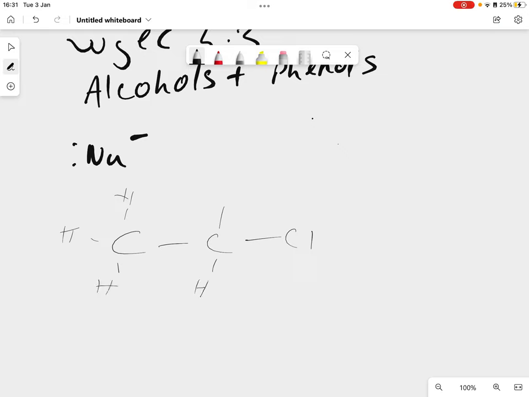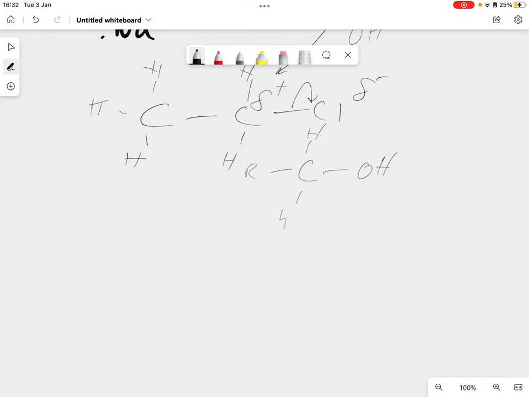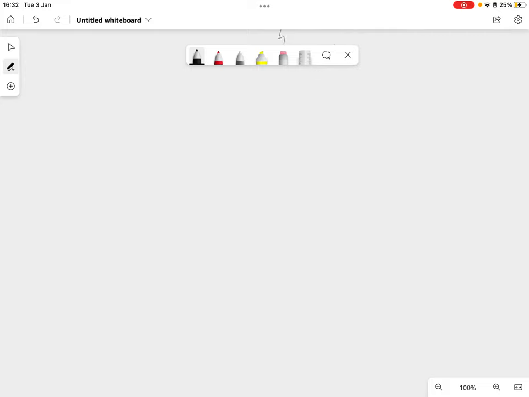Now this is done due to our differences in electronegativity, and of course our nucleophile, which would be OH minus in this case, will be attracted to this positive carbon, and this will push that bond towards there, causing our OH to carry on like that. Okay, so from our Unit 2 knowledge, we know the difference between a primary, secondary, and